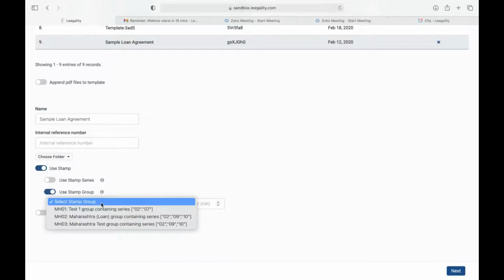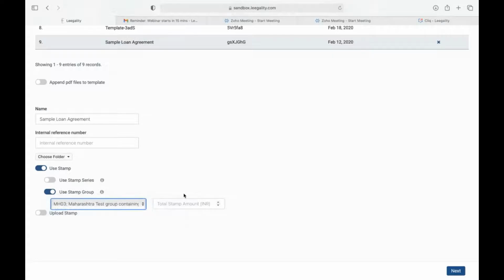Now here you have to pick out which stamp group you want to use for this document. So all the groups that you've created would appear in a drop down here so that you can select the relevant one. I am going to select the one which we just created, which is Maharashtra Test, right? So it tells you which stamp series form part of that group. So it helps you here in making the selection.